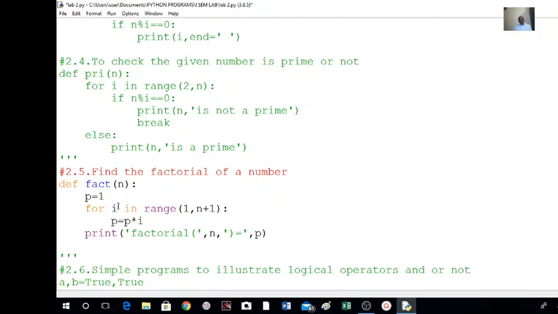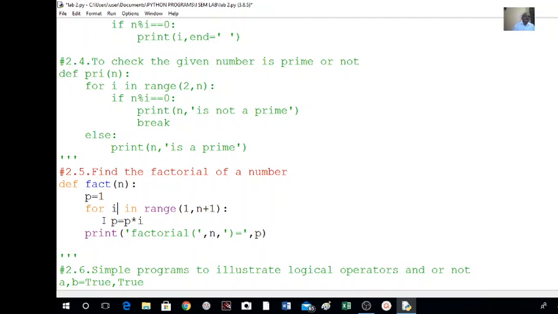Here also I will use the for loop and we define a function here. So I am going to find the factorial of some number. That number I am denoting by n. Def fact(n). Now here I am using a for loop. Every time we take 1 into 2 into 3 into 4, up to n. First time I will take 1, second time 1 into 2, third time 1 into 2 into 3, fourth time 1 into 2 into 3 into 4. N times it will take 1 into 2 into 3 up to n.